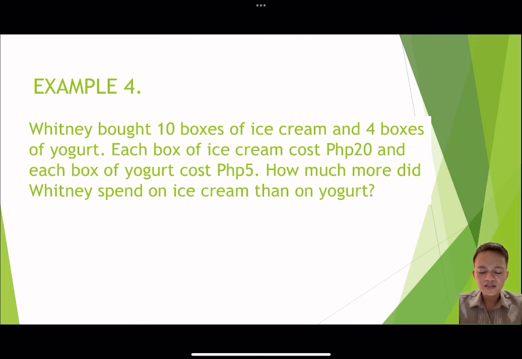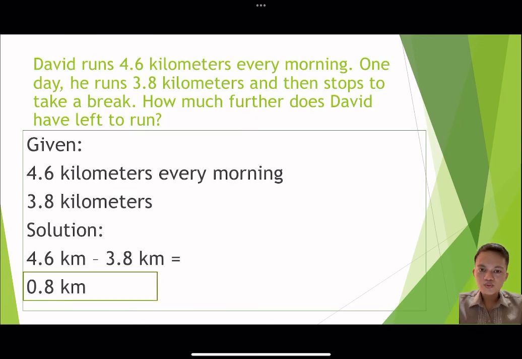So, madali lang ito kasi tinatanong lang kung ilan pa yung kailangan niyang takbuhin para ma-meet yung 4.6 kilometers na tinatakbo niya every morning. Ang given natin is 4.6 kilometers every morning and 3.8 kilometers. We are just going to subtract. 4.6 minus 3.8 kilometers is 0.8 kilometers. So, to